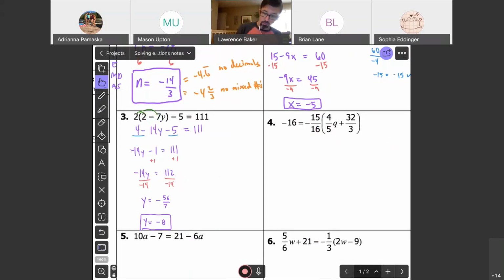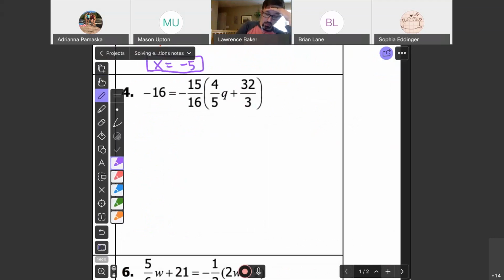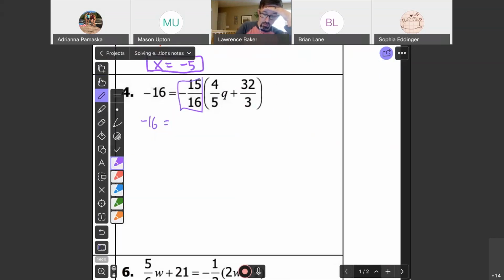So what should be our first step here as we look at 4? Even if you don't know how to do it, what should we do? Distribute. Yeah, start off with distribution. We're not going to change the left side, so still negative 16 equals. And then, as we're trying to take that negative 15/16 and distribute it into here,